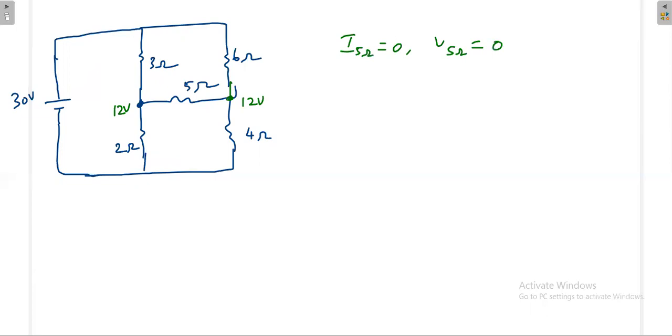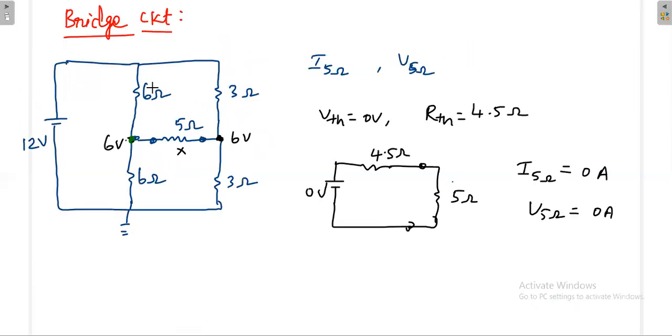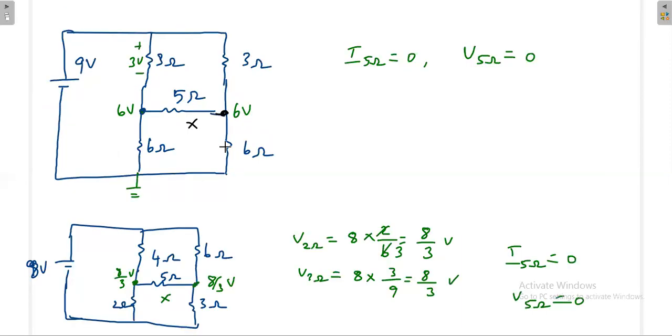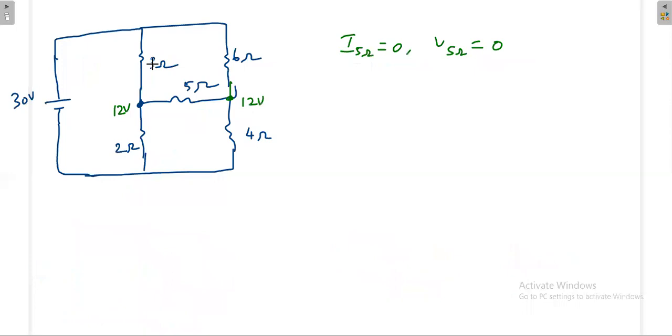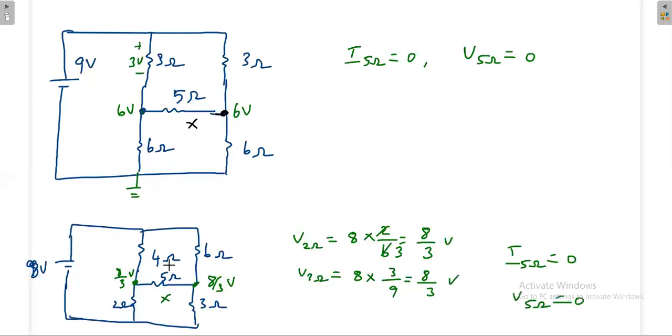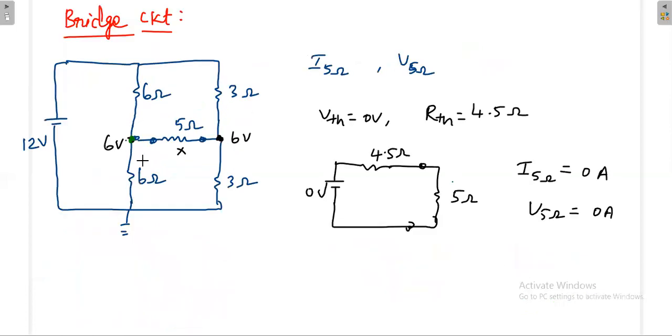Now see here, simply these two are same, these two are same. Here these two are same, these two are same. Now here they are really different. Here 3 2, here 6 4. And if you take this case, this case also I'm taking in a different manner. But what is the similarity between everything? Once you observe one thing, the ratio of the resistances will be same. The ratio here is 1:1. Here also the ratio is 1:1.